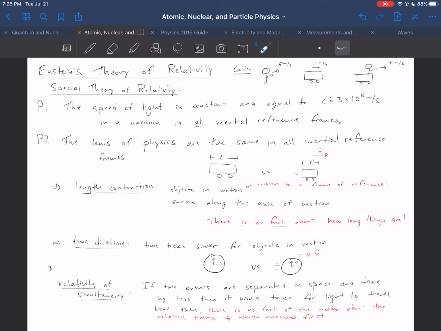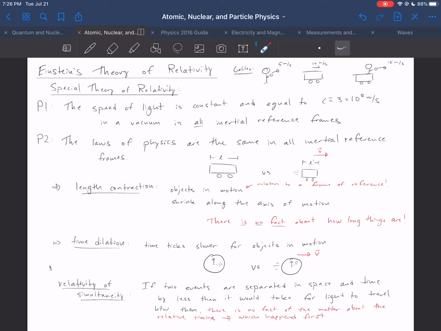That means in our reference frame, two things happen simultaneously. But in their reference frame, one of them happened first. Moreover, any reference frame you want can be chosen at any time, which means it's not true that things happen at the same time. That's not a sentence that, as it turns out, makes sense. It's only true that things happen at a certain time in a specified reference frame.